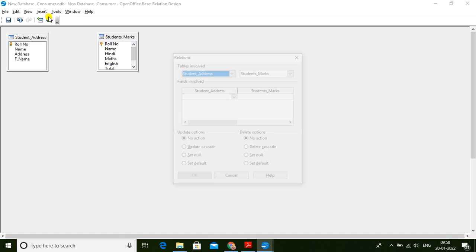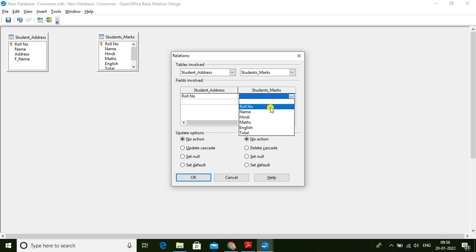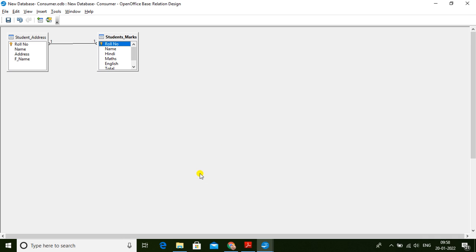After clicking New Relationship, the Relations window will appear, and here under tables involved are student address and student marks. For the field, which field you have to add, that is roll number. We can also use any other field. Okay, I am taking the roll number, the same field, and next click on the OK button.